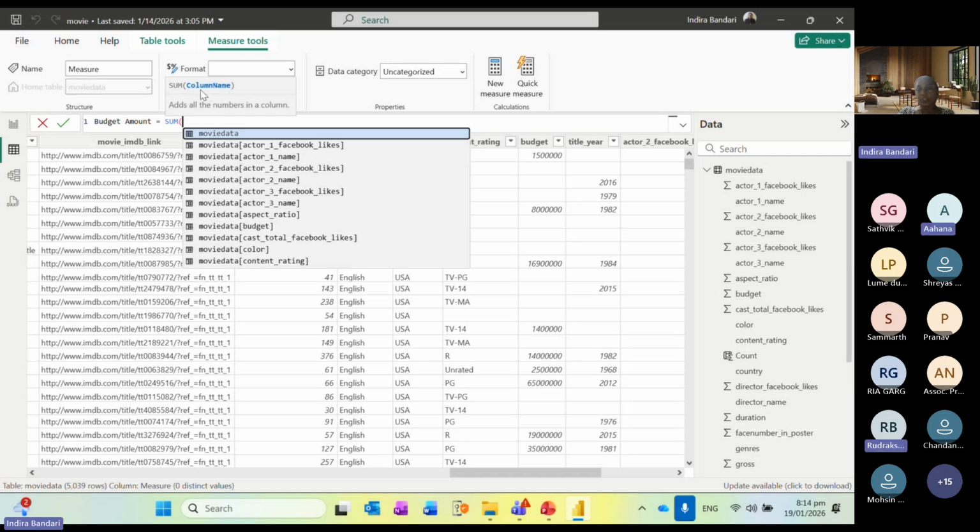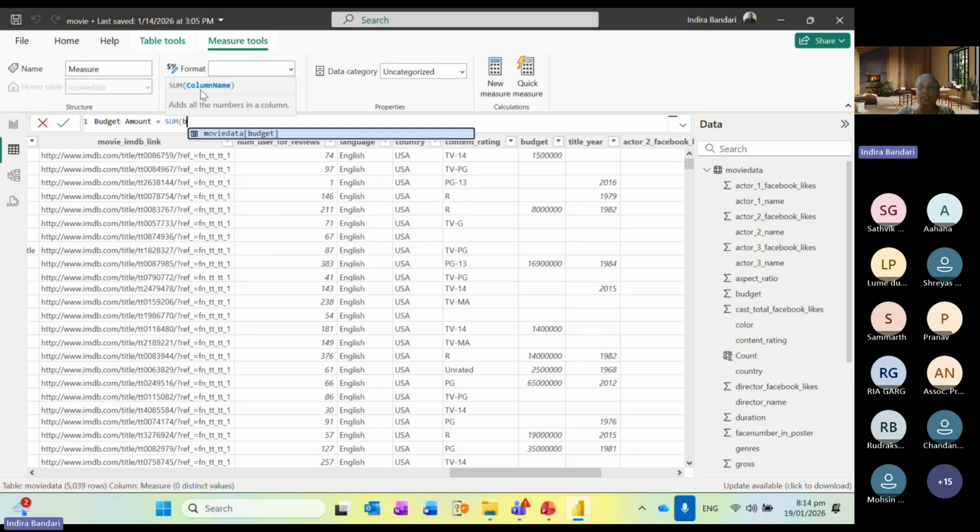Here, column name. So what is the column that we are going to give here? I want to sum the budget. What is the column that we are going to give here? Budget. Very good. Start typing budget, B-U, and then you will have budget. Choose this one. And then see the syntax here: sum, open brackets, column name, and then after that,